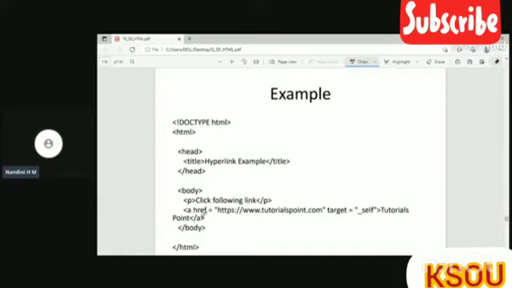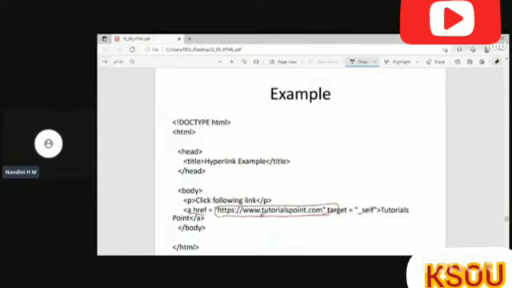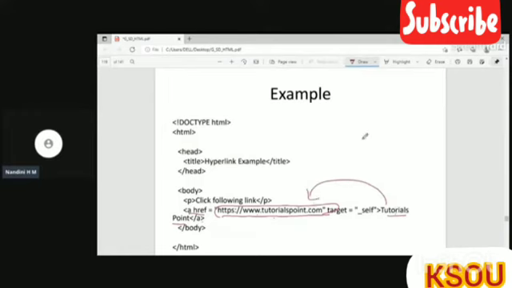You can see here I have used a href is equal to the URL address, www.tutorialspoint.com. After that, I have given the text tutorials point, and I have closed the tag. So when you click this tutorials point in the web page, it will redirect you to this web page.